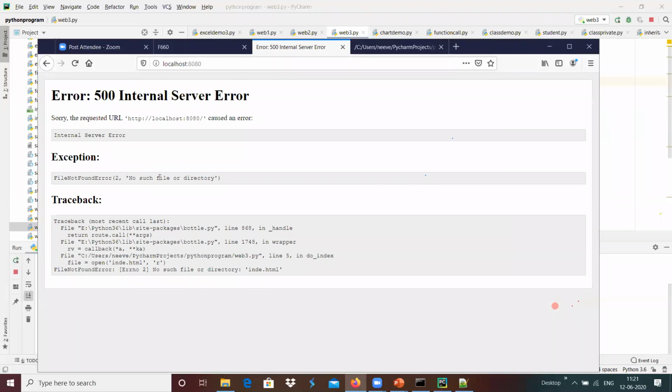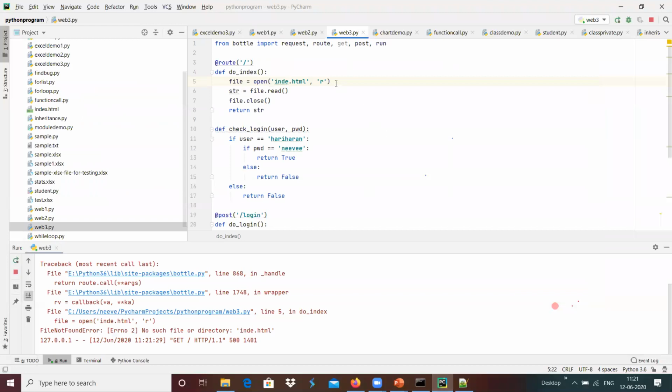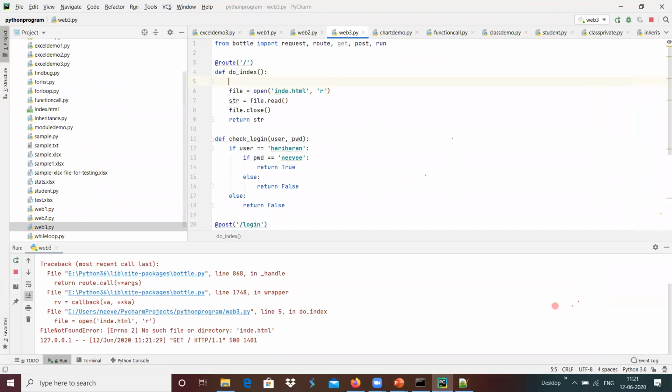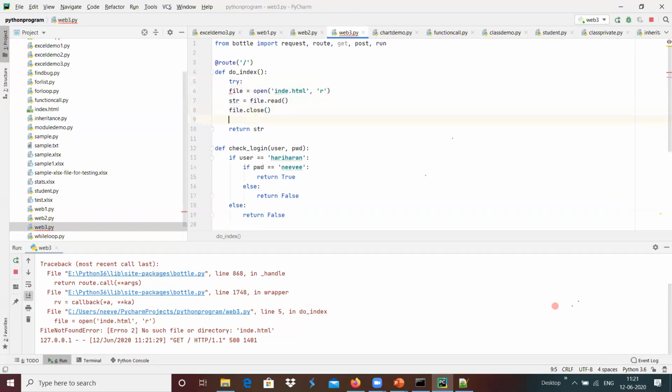In order to handle that, we have the try and except block. For example, we can use this inside the try block, and up to this I'm going to do except Exception over here.